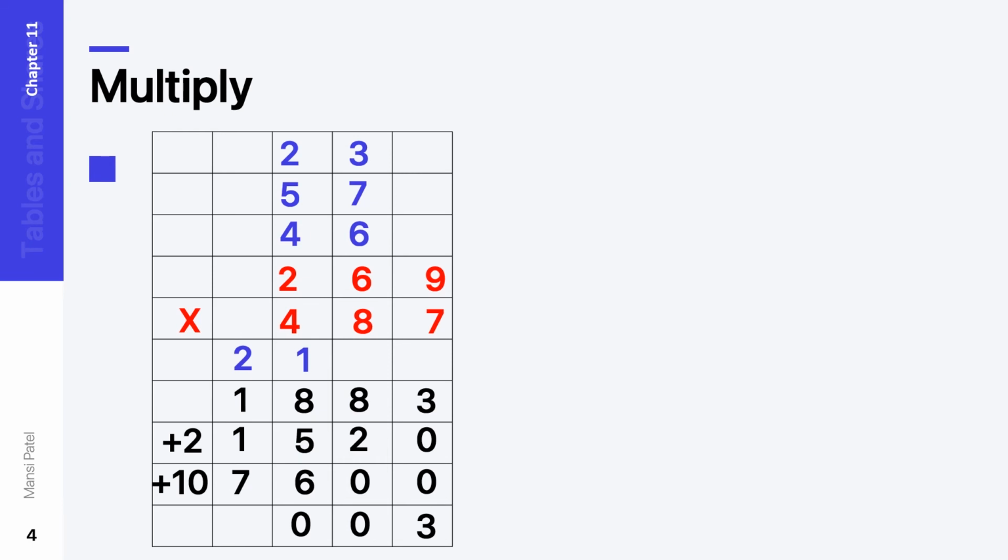2 plus 1, 3. 3 plus 1, 4. And 4 plus 7, 11. 1 we have to write down here and again 1 on the carry. 1 plus 2, 3, and then after we have to write down 1 as it is. So 13, that is the answer. So the answer of the multiplication of 269 multiplied by 487 is 1,31,003.